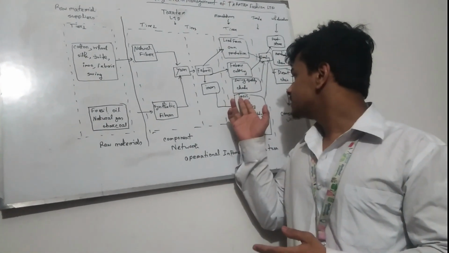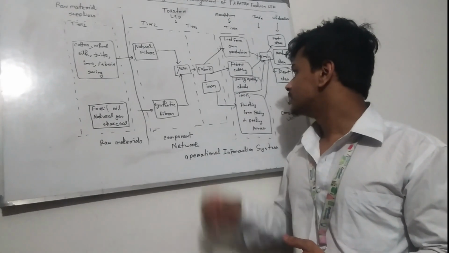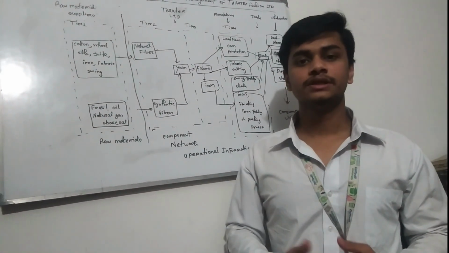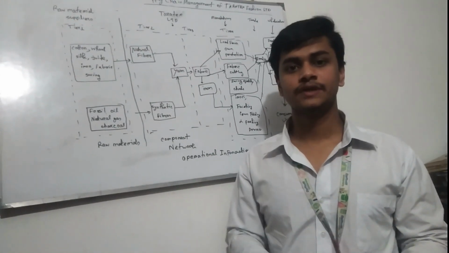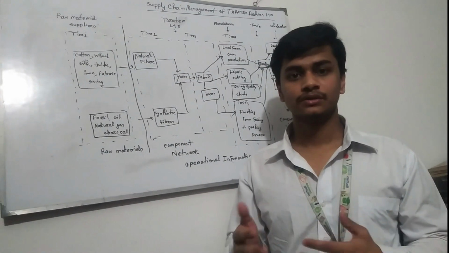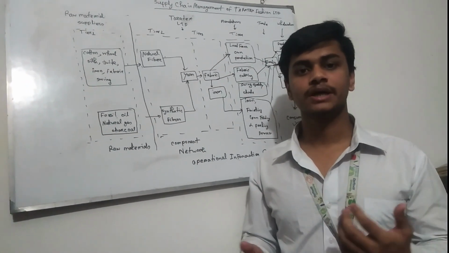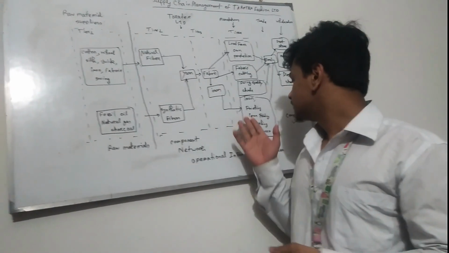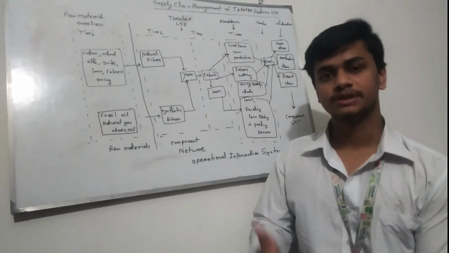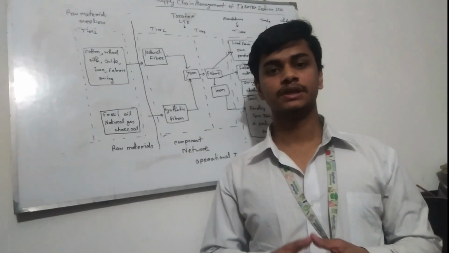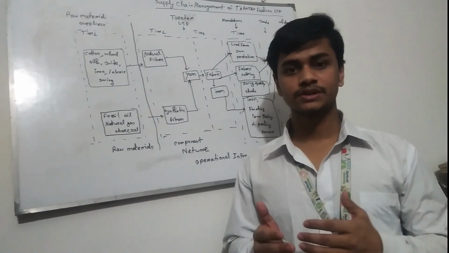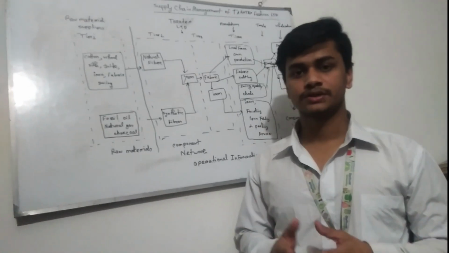So the next step is iron finishing. When they collect iron, they need to finish it and mix it with the products they want to implement and supply. The next step is packing and processing. After completing all these steps, they need to package and process all of the products.